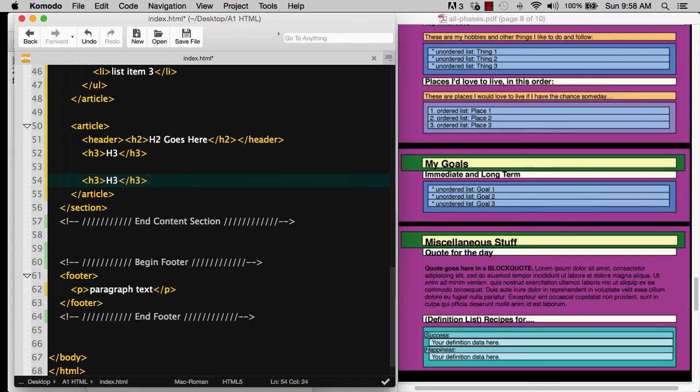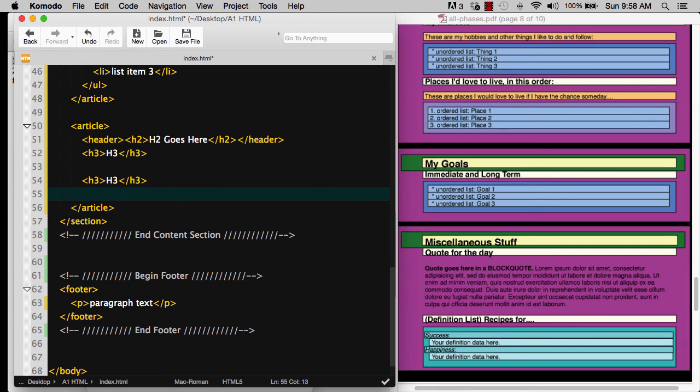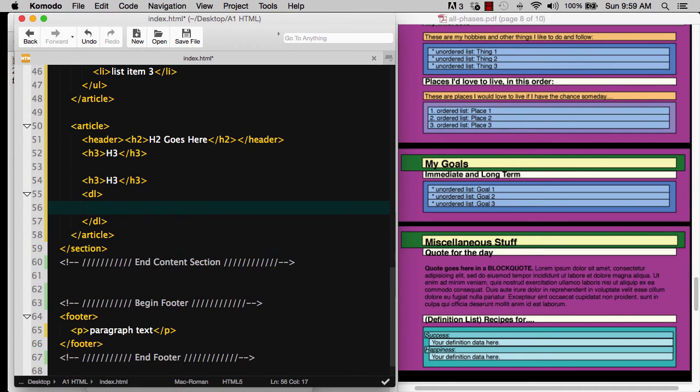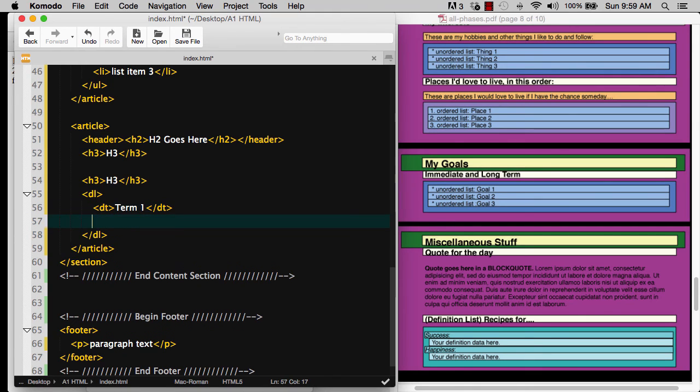And so the definition list looks a little bit different. So it's under this last H3. And so if I come down here, the way that you write a definition list is you say DL for definition list, and then you see it automatically does the completion. And then you want to do, first you have a definition term, so that's DT, right? And that's where your term 1 would go. And if you want, let's just keep it simple. Term 1. And then we're going to go ahead here and put our definition data,